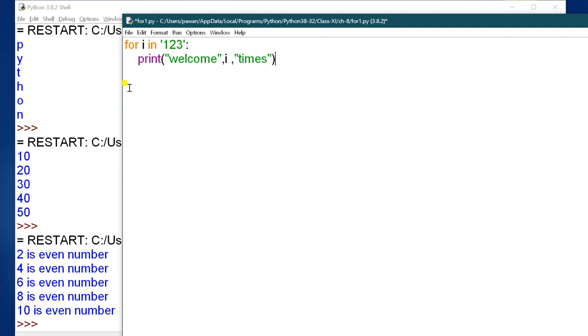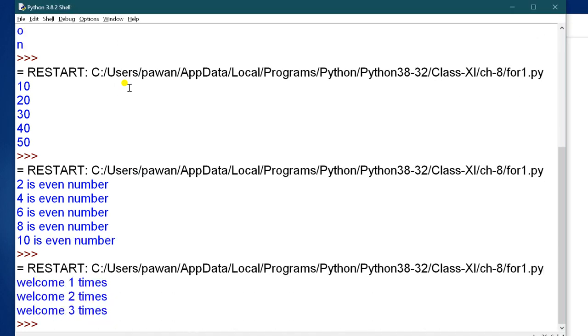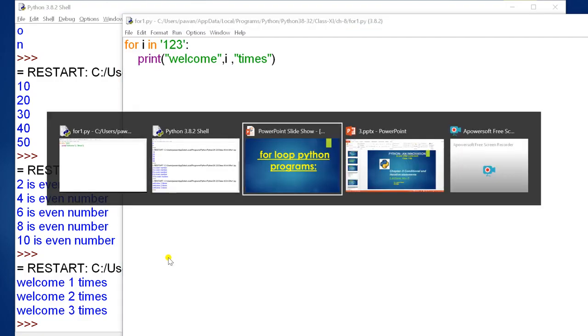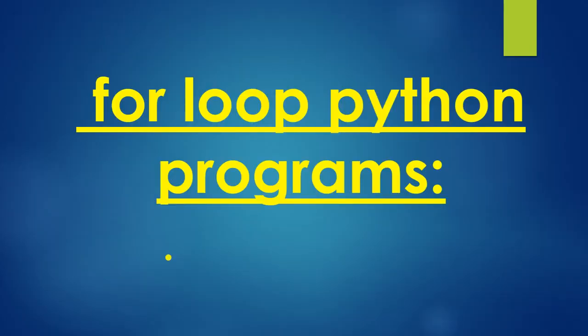Okay, now just run it. So welcome 1 time, welcome 2 time, welcome 3 time. Okay, I hope it is clear now. So this is your program. So now move to the next one, that is for loop Python program.